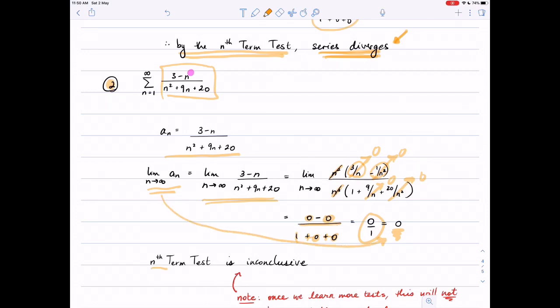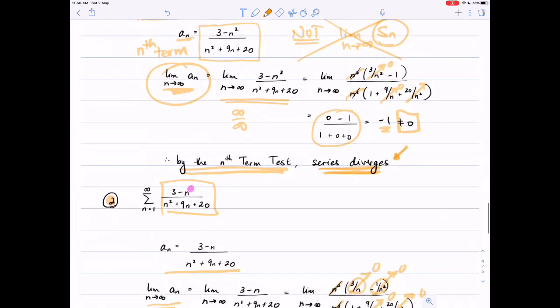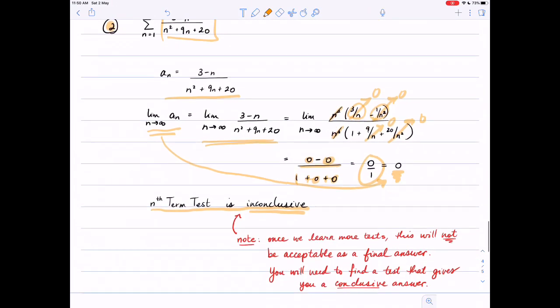And so the limit as n goes to infinity of the nth term has given me 0, and so the nth term test tells me nothing. Nothing at all. It is inconclusive. And since the instructions tell me just to apply the nth term test, I will stop there. I've done what I was told. However,